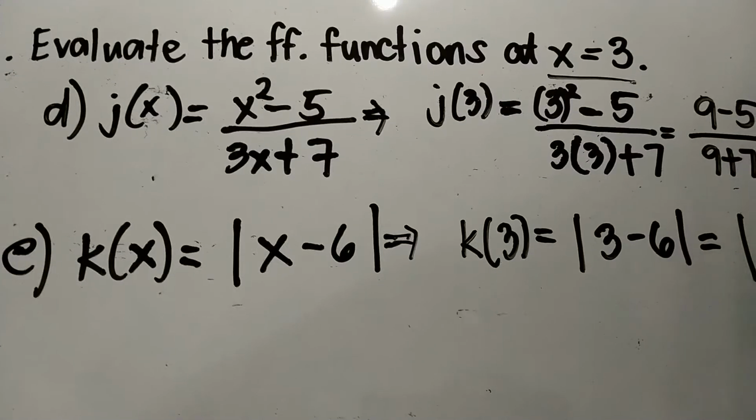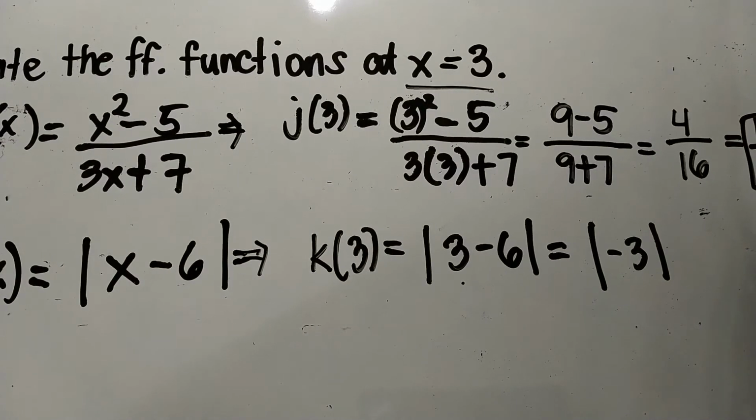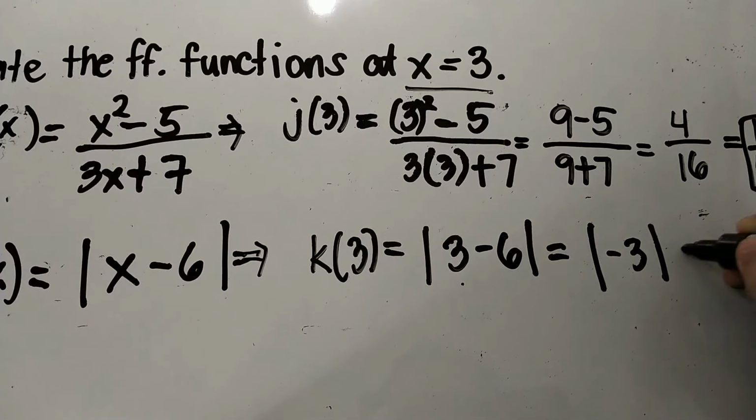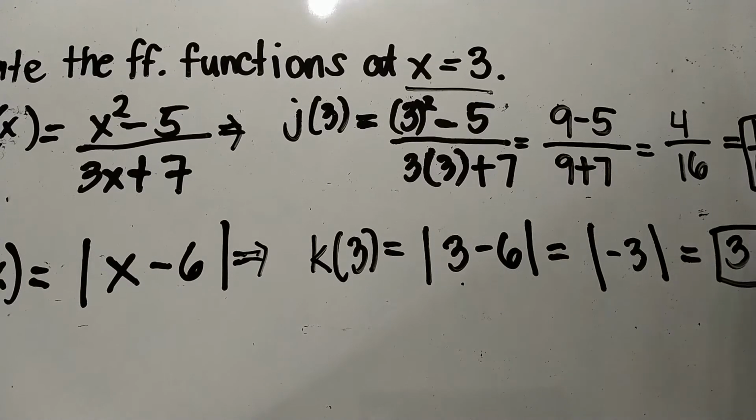It's equal to the absolute value of negative 3. Kasi 3 minus 6 is negative 3. And the rule is, lahat na nasa loob ng absolute value, it always becomes positive pag tinanggal na natin yung absolute value. So the answer is 3. So that's the answer